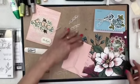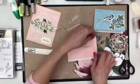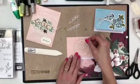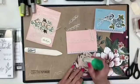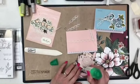I like to do mine on an angle. Oh, thank you. Just put it there now. This little guy is going to go right in there. And guess what? Yes, I'm using Tombow again. Now, I only have to put a couple little drops on because I'm going to put something...